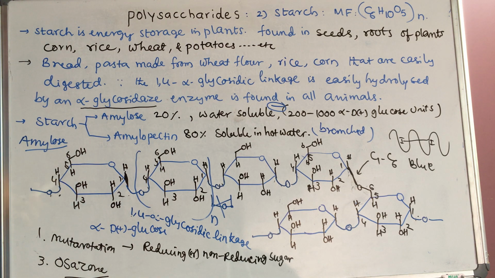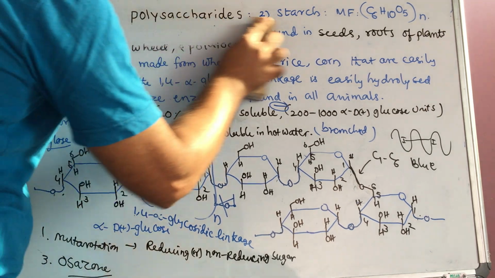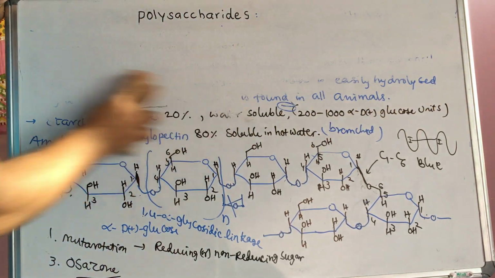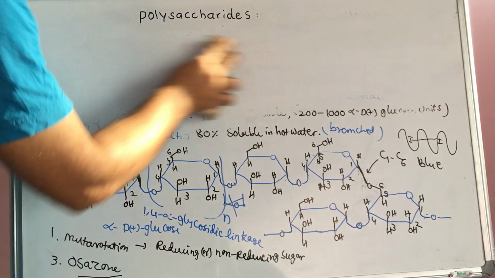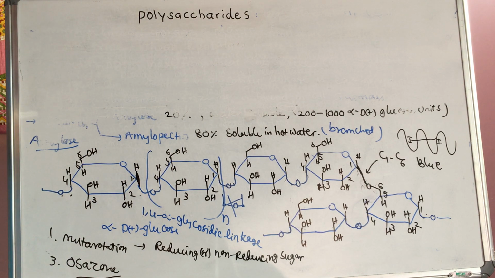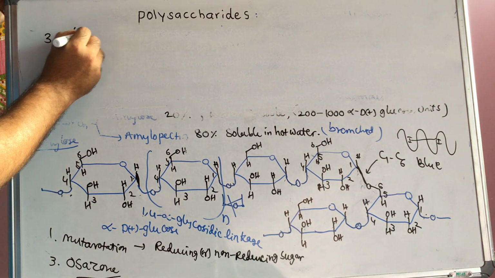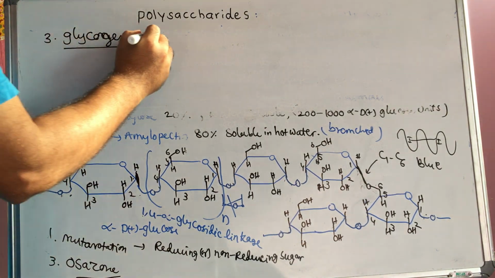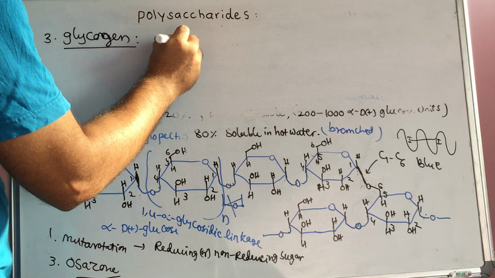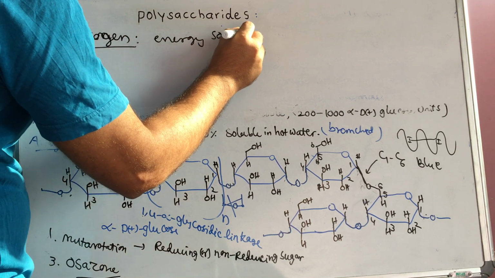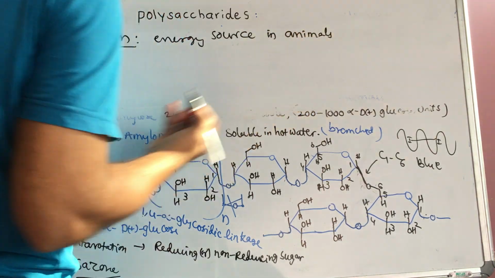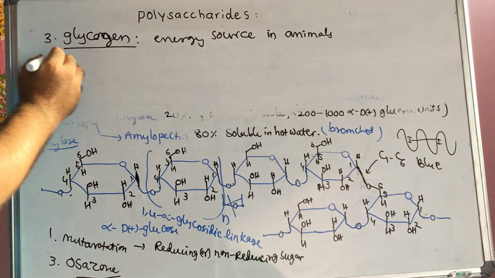And next, the polysaccharide glycogen. So the third polysaccharide given in our textbook is glycogen. Its molecular formula is also the same. So now I am discussing glycogen. It is an energy source in animals, generally humans also. This glycogen is stored